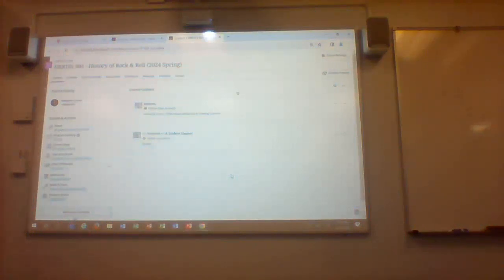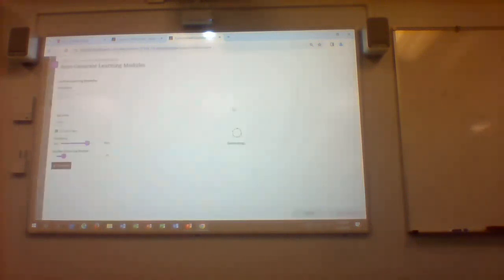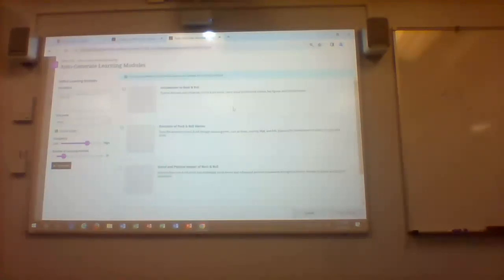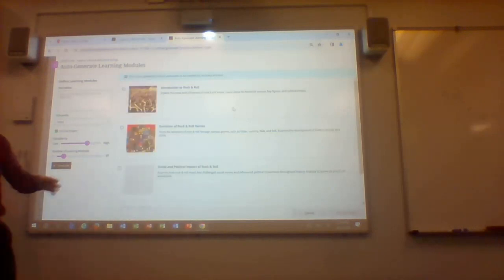So once again, we're looking at a course that is blank. Typically to add modules, you will go here and use the create, but now you have this option to generate modules here. And that is the AI piece. Right now it's looking at the title of that course and the things that it has learned already, and it's trying to take a guess. Look how pretty cool it is, right?